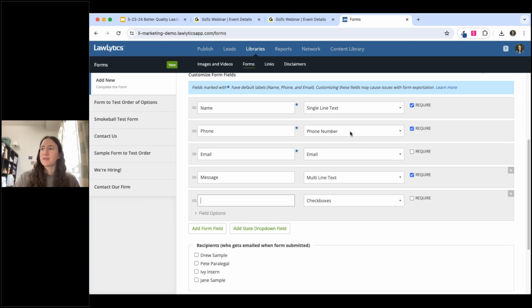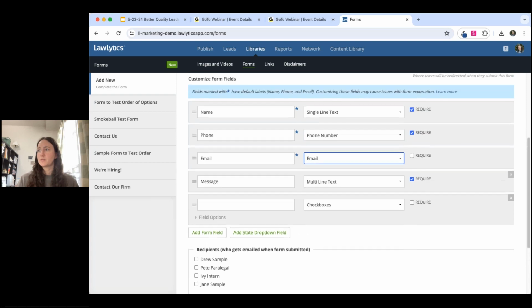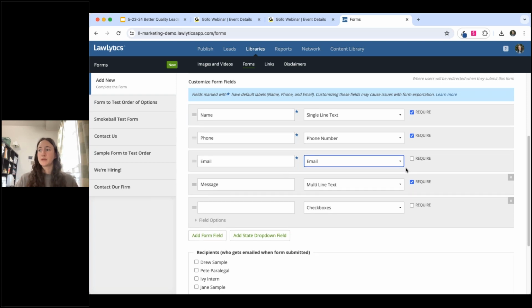One thing I will note about this is that for our phone number and our email, when a form is submitted on your website, it is sent directly to your email so that you're notified right away. And those phone and email fields, when they're assigned to phone and email in these form types, will be hyperlinked in that email so that you can cut out the middleman and just click right away and get in touch with that client. Say it's a really urgent issue and you now have an easy way to get in touch with them.